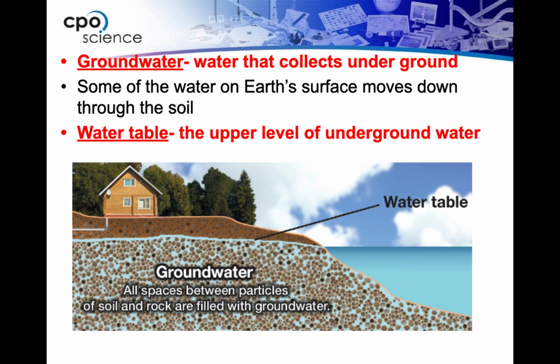The other thing that can affect water tables is the weather. If you're in periods of drought, when it's really hot outside, really dry, that water table is going to go down. If you're in periods of a lot of rain, that water table can go up. So don't think of the water table as something that's always in the exact same spot. It's going to move up and down. And it's also important to remember when we're talking about groundwater, we're often not talking about a river that's flowing underground. Think of gravel that's full of water. All spaces between the particles of soil and rock can be filled with groundwater. It's not necessarily like an open cave that you would see under the ground.